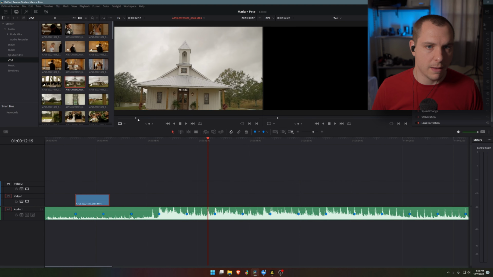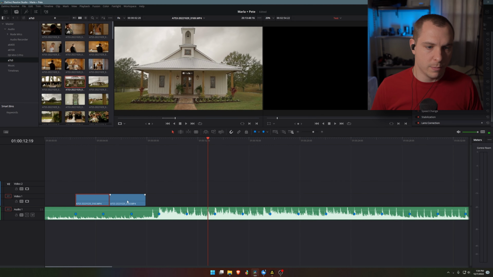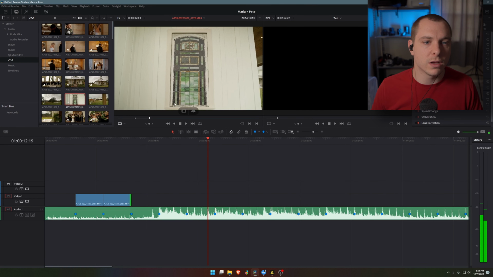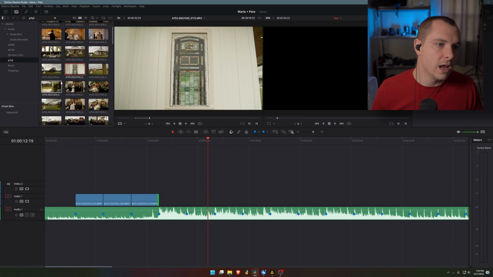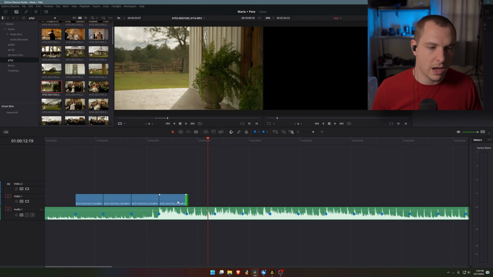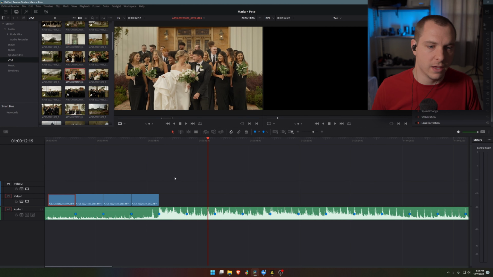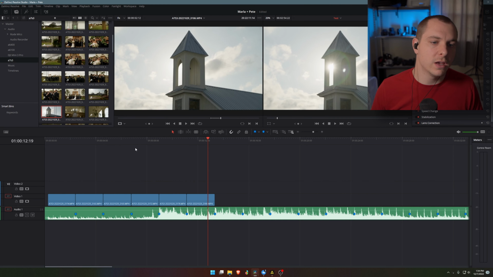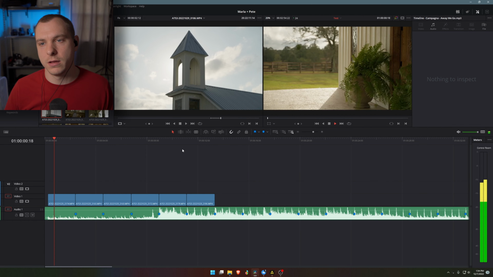Grab this clip of the chapel, put it there, and you can see that all I have to do is just snap it. I'm just putting together a rough cut. This isn't necessarily how I would do it in a final film. I'm just piecing things together so that you can see. I'll move that right here. Here's a nice shot of the wedding party, and I'll have that maybe hit on the drop of the music. B-roll, you get the idea. Now when I play back,